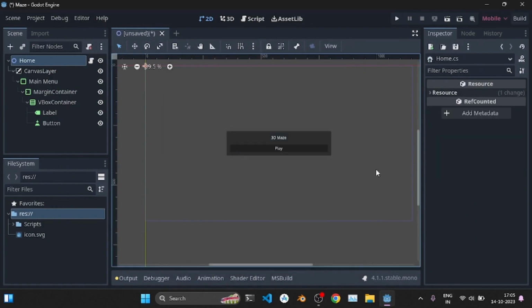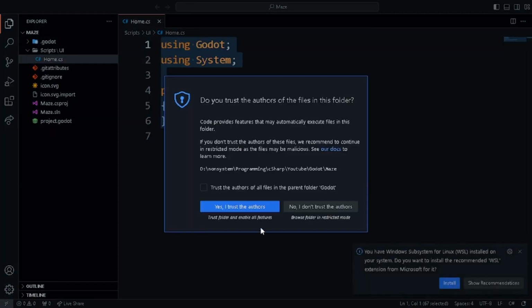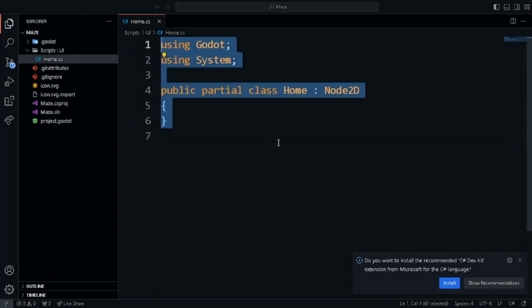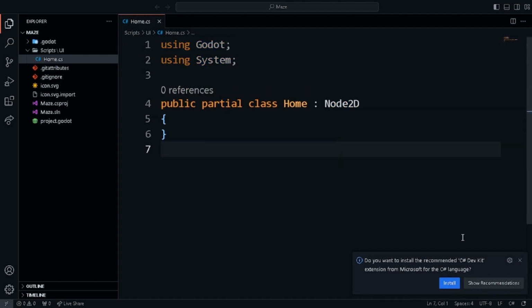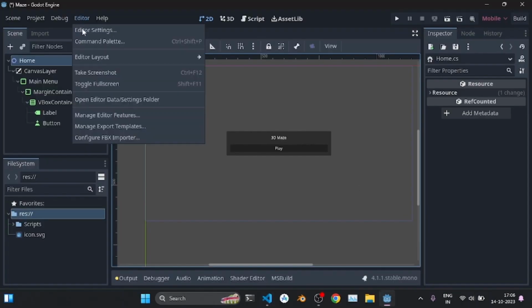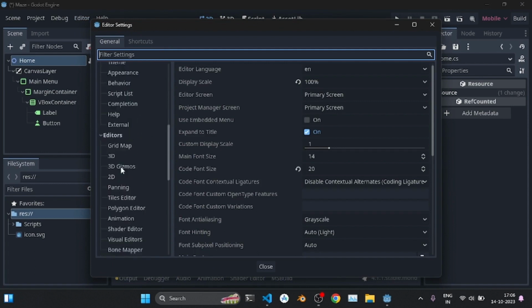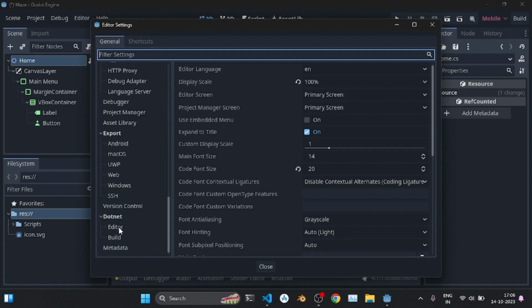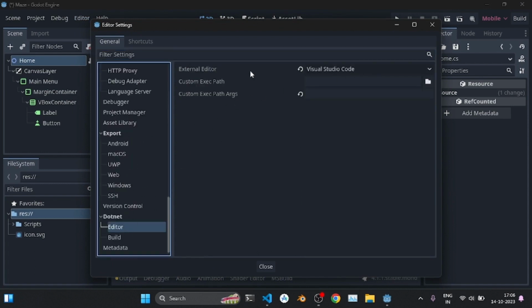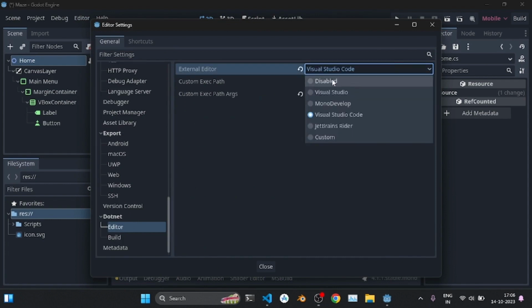Now create. On my computer it is redirected to Visual Studio Code. If you want the same, go to Godot, click on editor settings, go down into editor and external editor. There is an option called external editor. By default it will be in this disabled option. In that case you will be coding in the Godot app itself, but there is